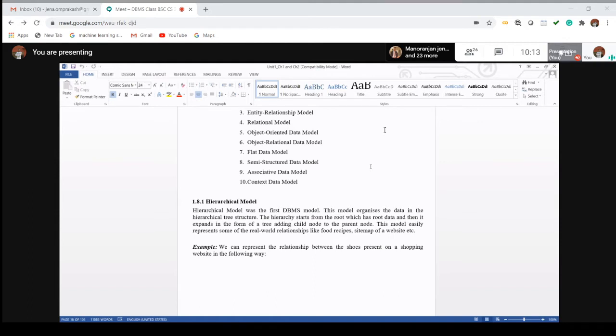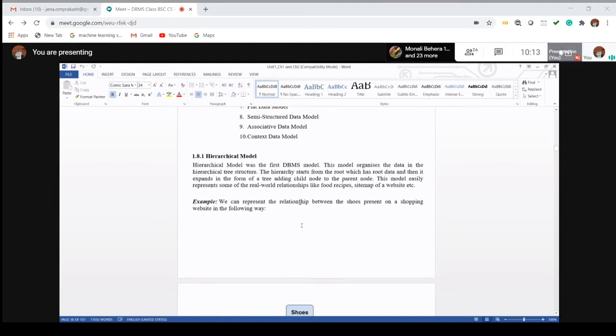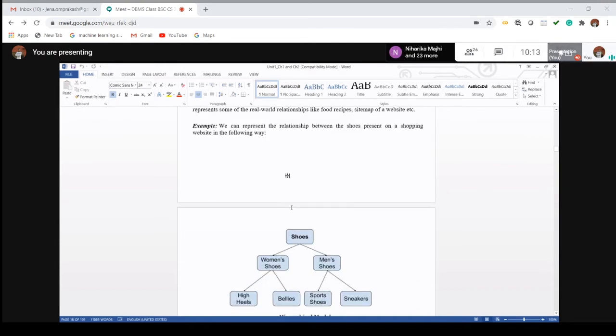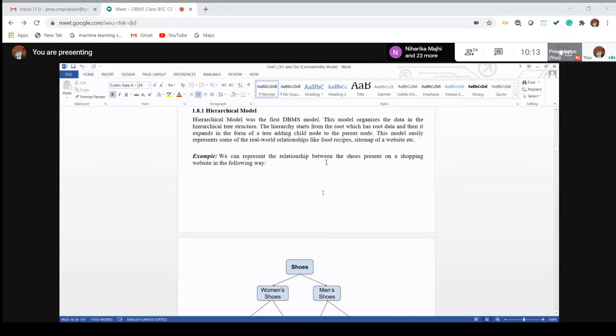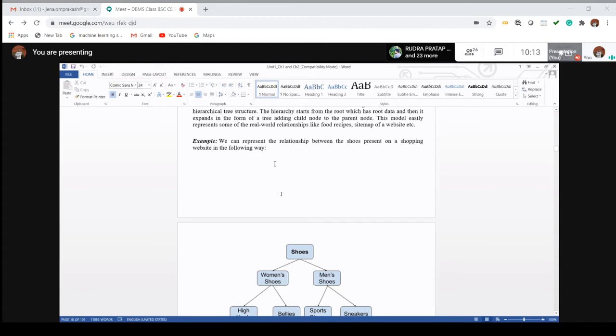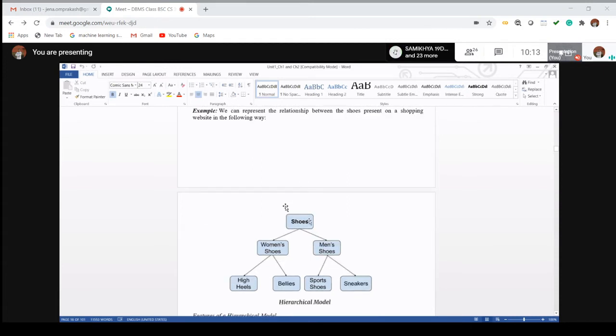Let us consider an example. Suppose you have to go shopping for a shoe. My root node is nothing but shoes. Once you go for the root node equal to shoes, there may be multiple options, let it be shoes for men and shoes for women. That means the simple thing is that you can divide the shoes into two at level 0, the base root, and these are level 1.